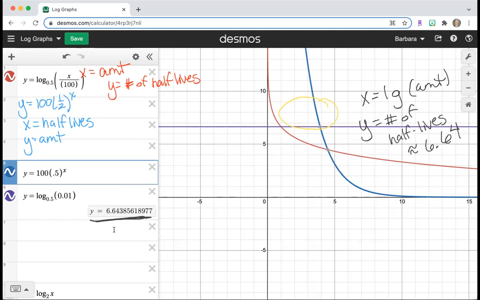So any way you'd like to do it, whether it's reading it from the exponential equation, that's fine. From the logarithmic equation, that also works, or just typing in the log, so that way it does the calculations for you, also works. So you can get to this, this purple point algebraically,